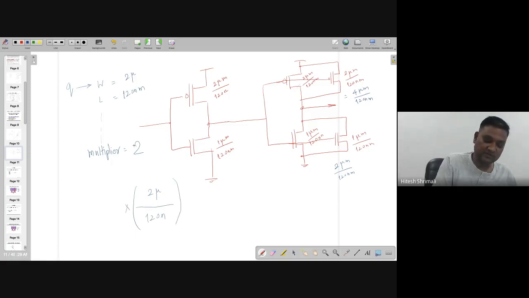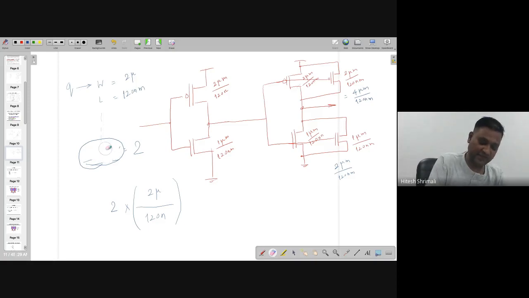So my simulator tool is going to keep two transistors whose values are 2 micro and 120 nano in parallel, right? Notably, this multiplier option is available in Simica, and in the paid version of Cadence and all, the multiplier is always there. You can use that. The name of this one is just M. Similarly for capacitor, similarly for resistance, everywhere M is available, which is the multiplier. So that many